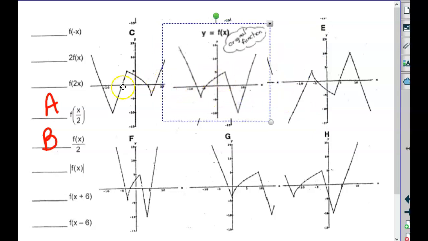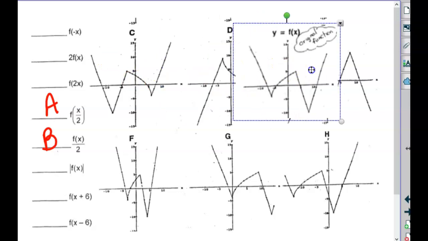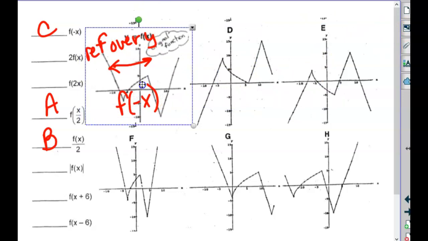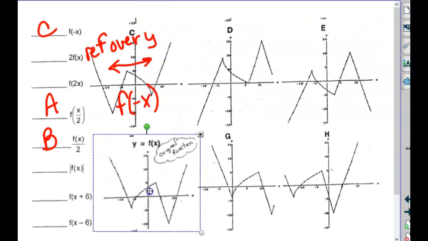Ooh, I think this one has reflected across the y. So that's this way. Change the sign on the x values so it's f of negative x, which is this one. D, move this down here,